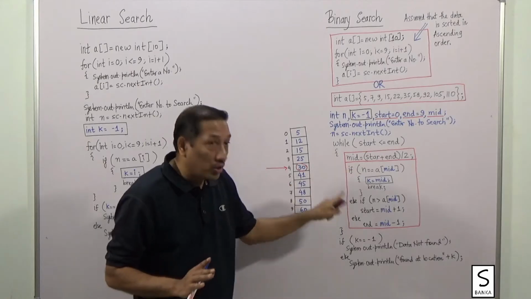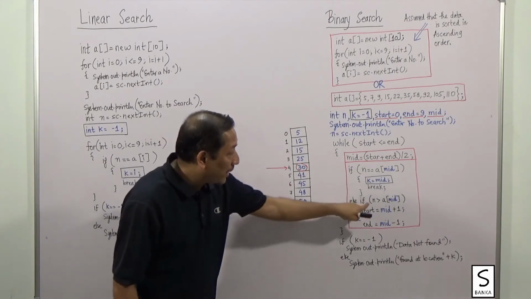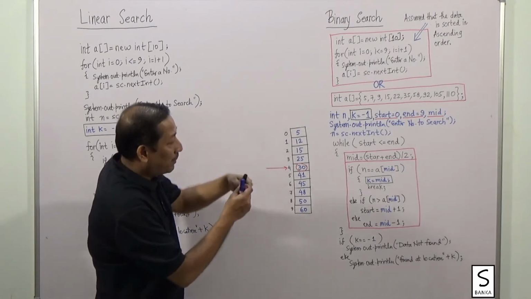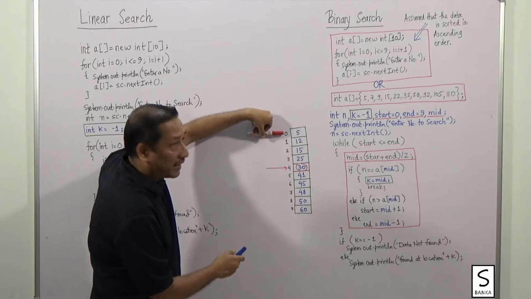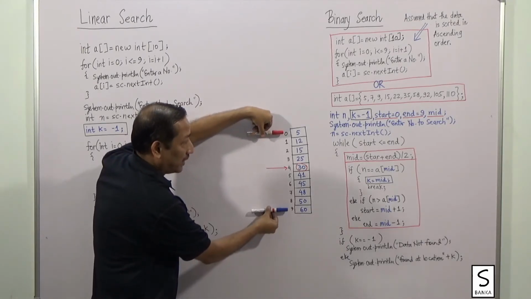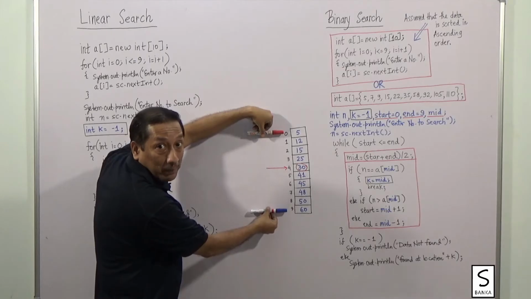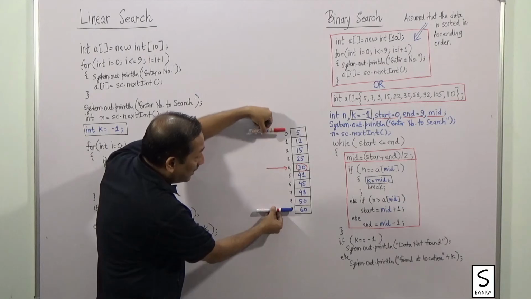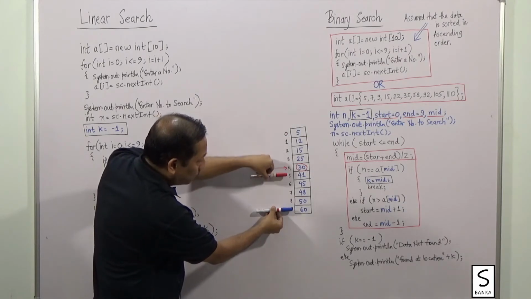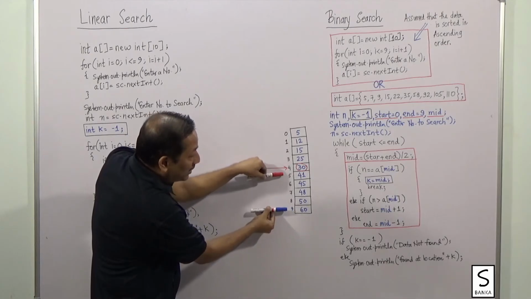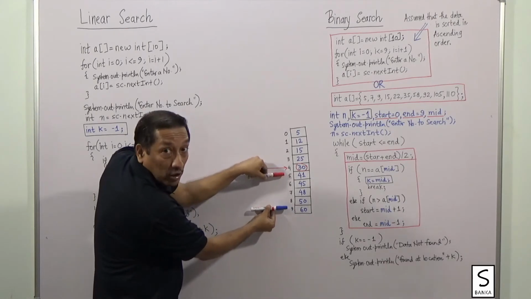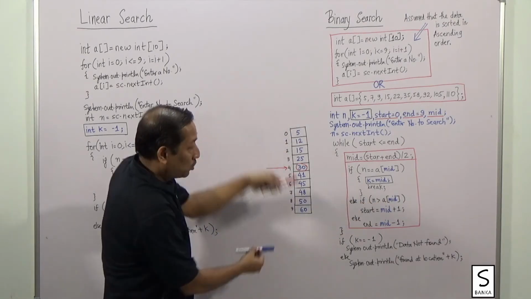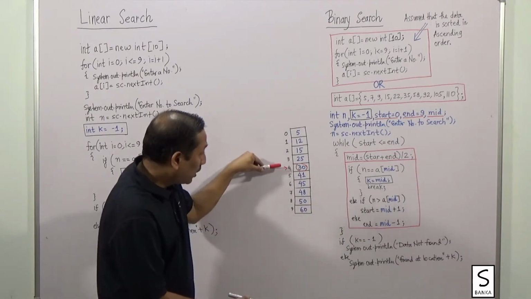Otherwise, if the data is not found, then it is possible that my data is bigger than A4, that is 30. Now visualize. This red pen here indicates the start of the array. Blue pen indicates the end of the array. My data is bigger than 30. So now I don't need to search the entire array. Rather, this red pen should shift to 4 plus 1, that is 5. So if my data is there, it will be in this part of the array, otherwise it will not be there. So that is what we have done. The red pen indicated the value of start. So the value of start now becomes mid plus 1, that is 4 plus 1.